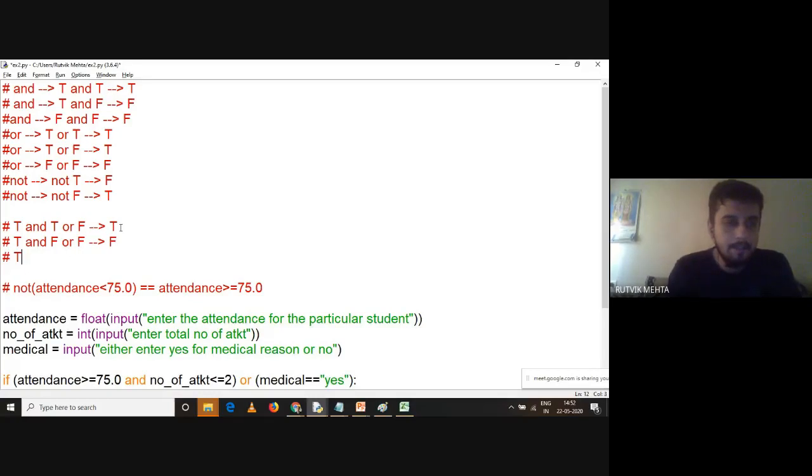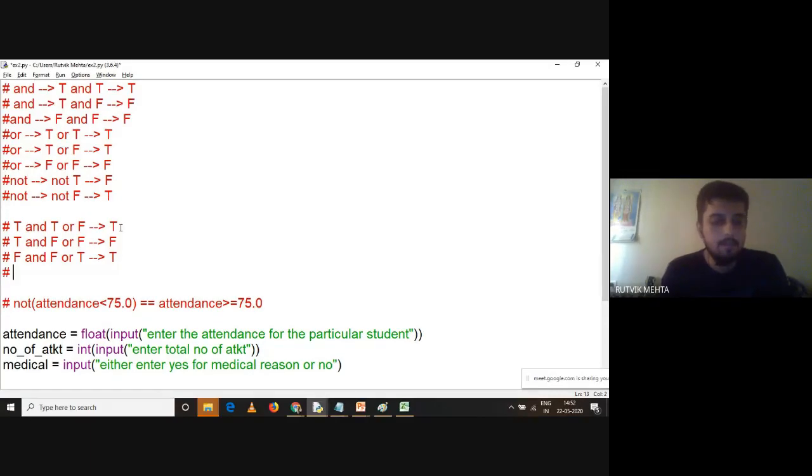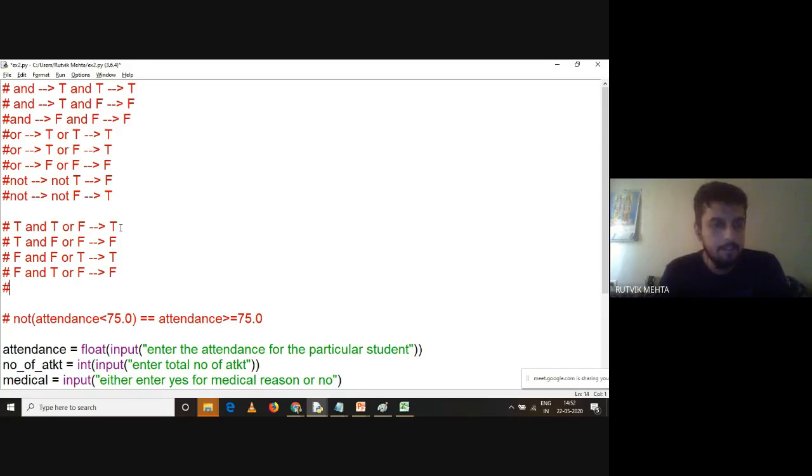Say for example, I can do it like this. If this first condition is false, second condition is also false, but medical emergency is there. This is going to give me a true, right? Here also, F and F or T, right? This is going to give me F or T. Or you can make it like this, F and F or T, also going to give me true, right?